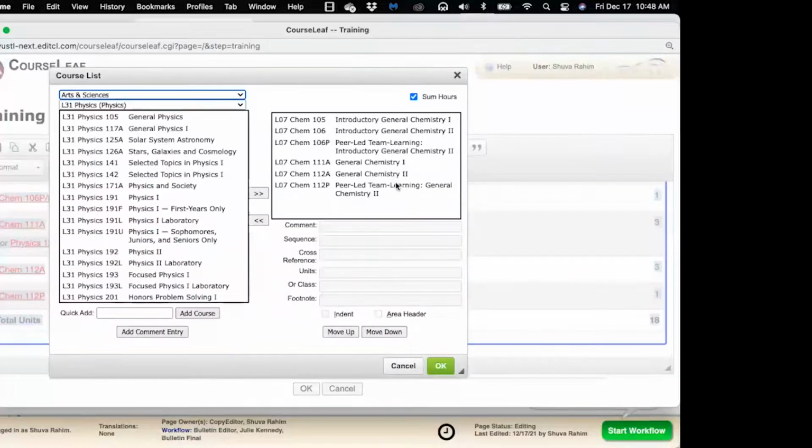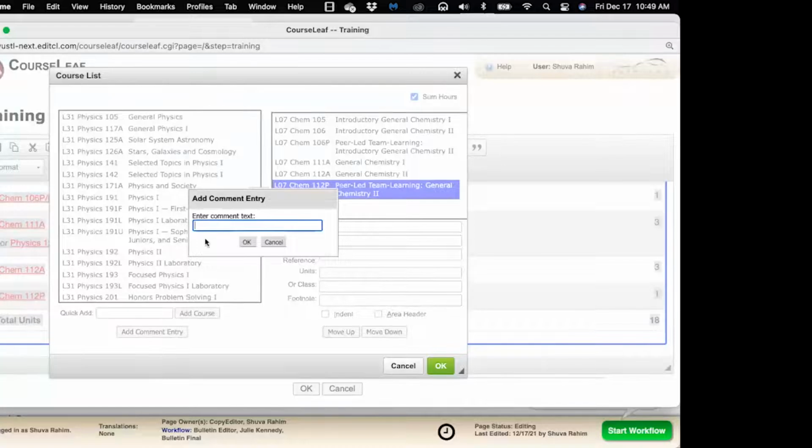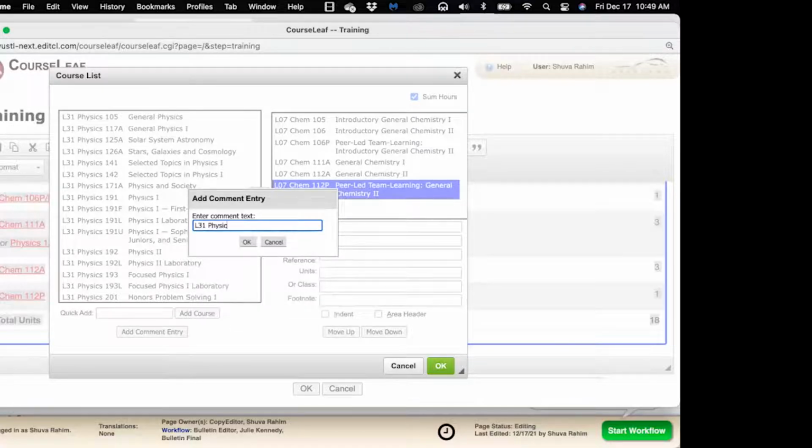a few other things I want to point out is add comment entry. So comment entry is, let's say that I want to add another course, a new course that hasn't really gone through the full approval process. To do that, what I would do is, let's say that I have L31 Physics 190, and then I would do a colon,